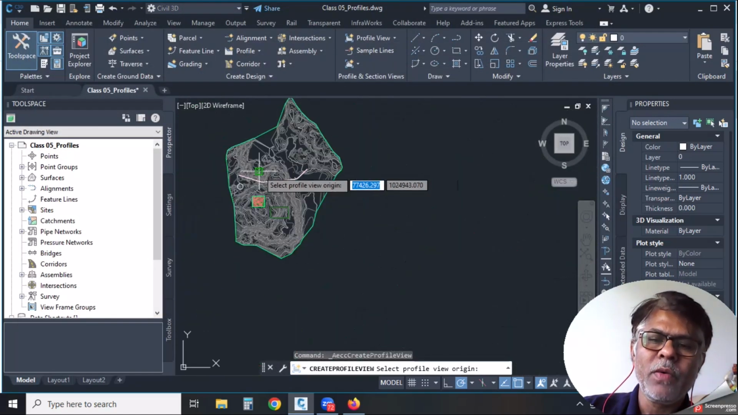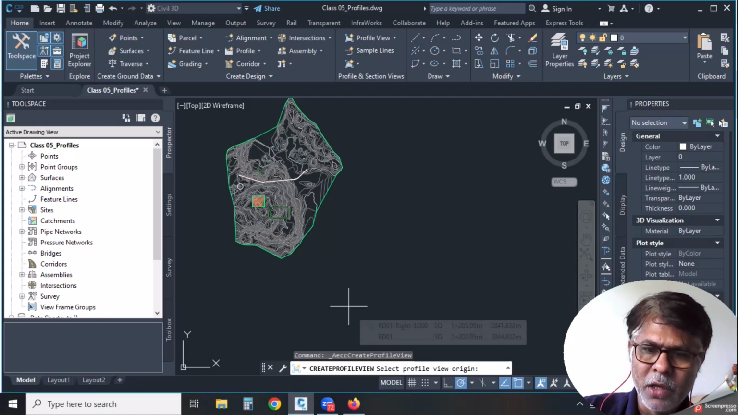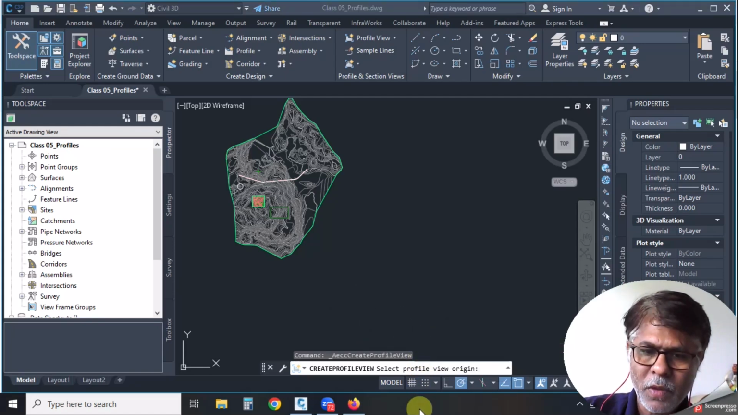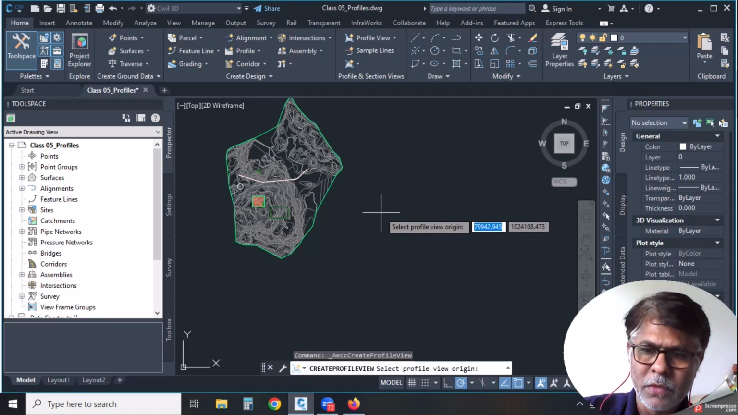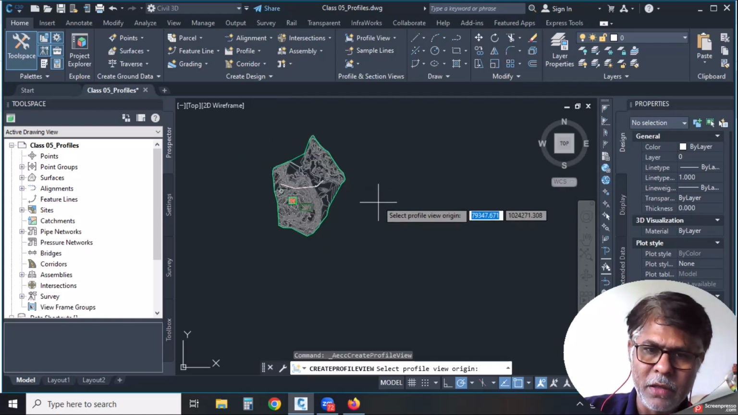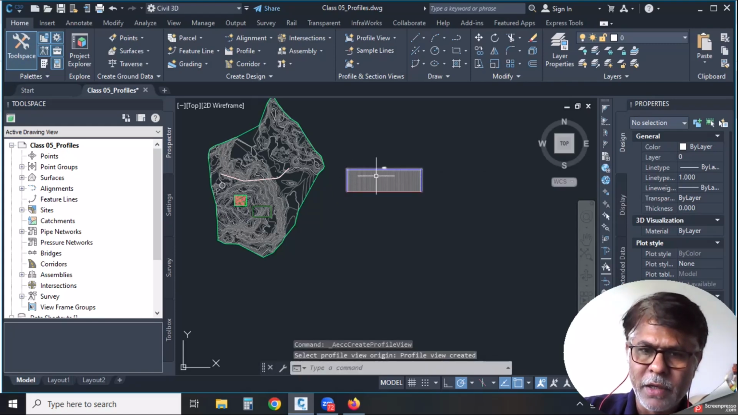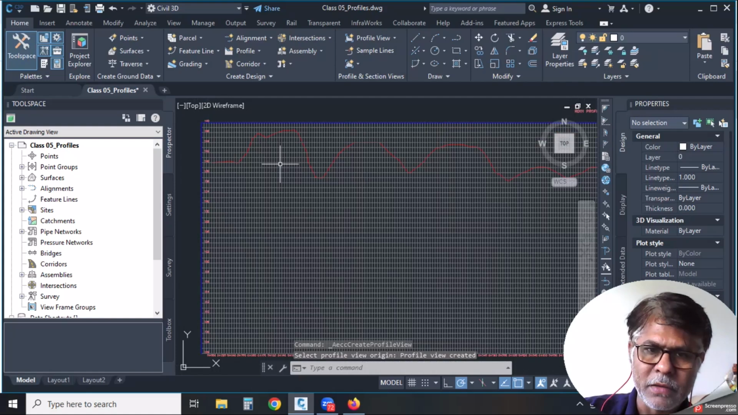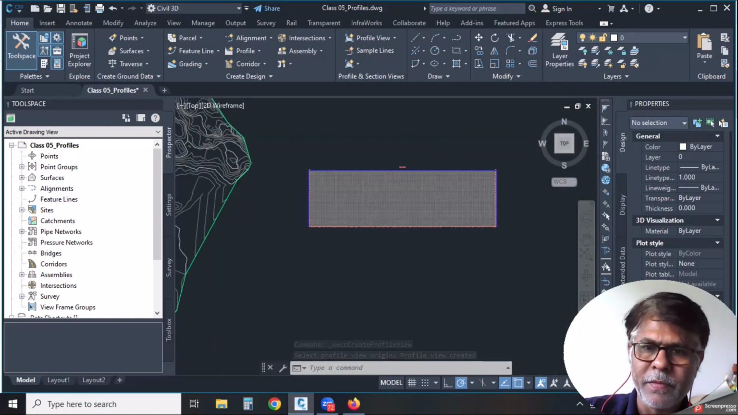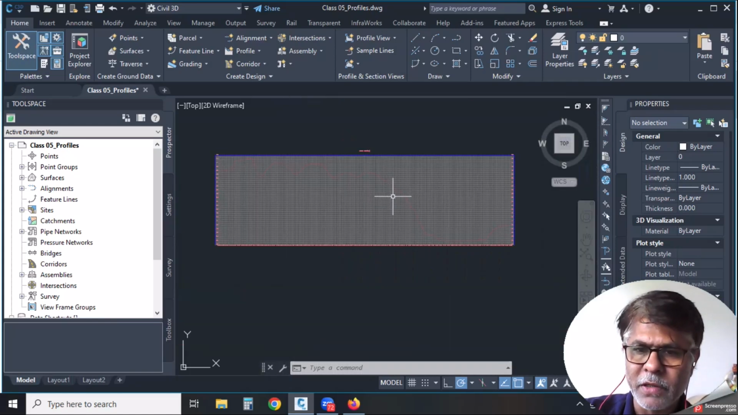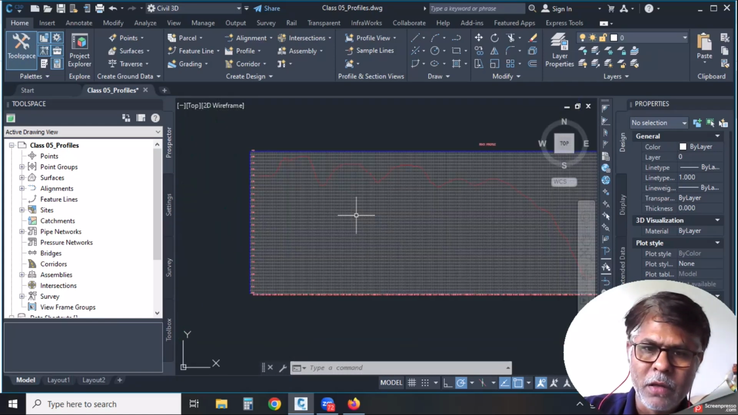We'll create profile view. Now it is asking me to select a point, right? Select profile view origin. So I can select any suitable location on my model view, and I'll just select it. And by that I can see that profile is created here. Okay, this is the RD01 profile. This name was given in our wizard. Okay, now